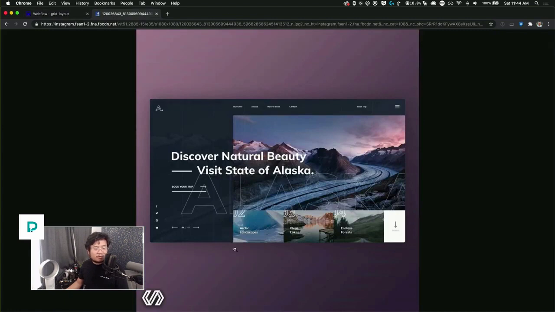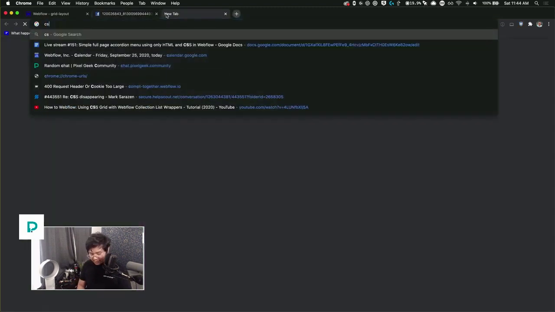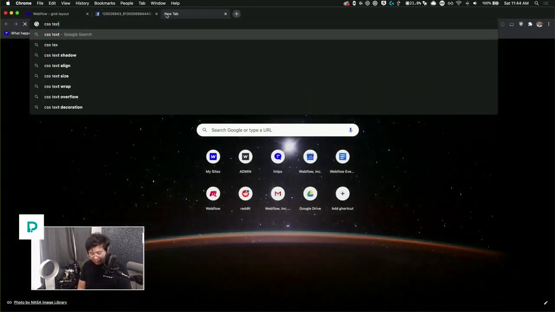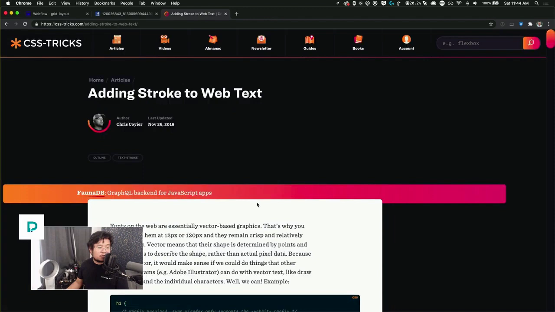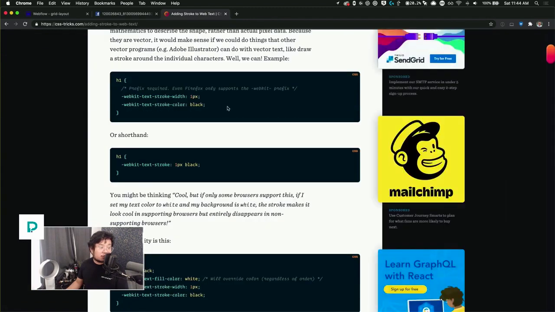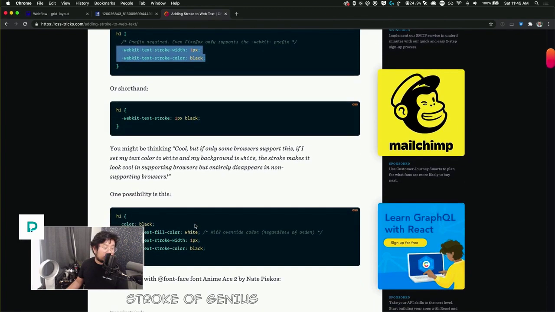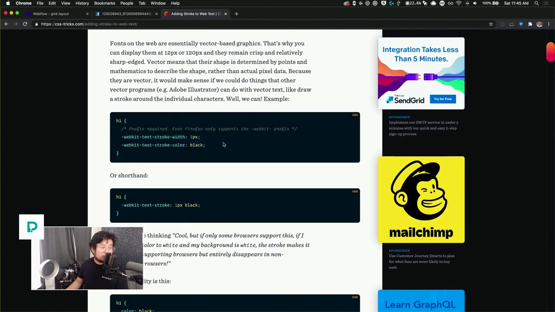So you can't do font strokes inside of Webflow natively, but CSS text stroke, I think there's a way to do it, yeah. Thank you, CSS Tricks. Always an awesome resource. There you go. Okay, cool. We can just take that,